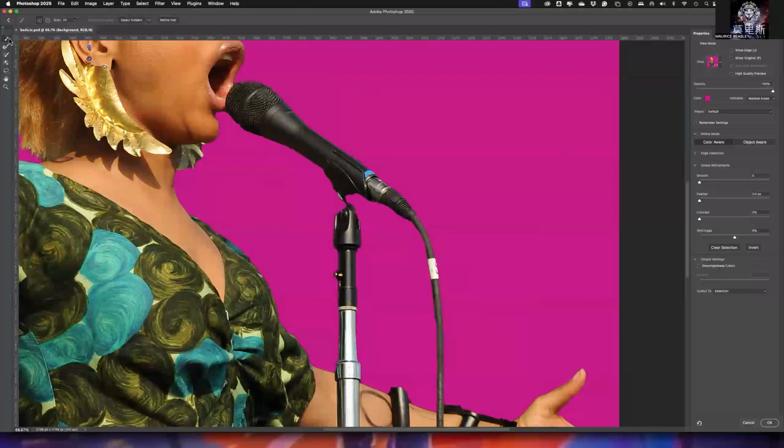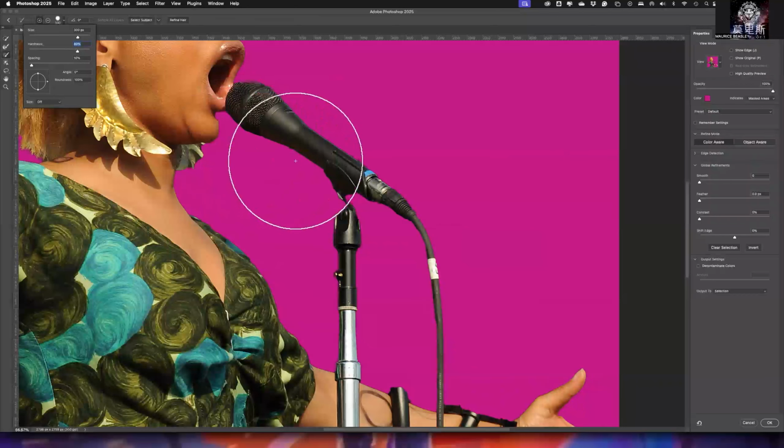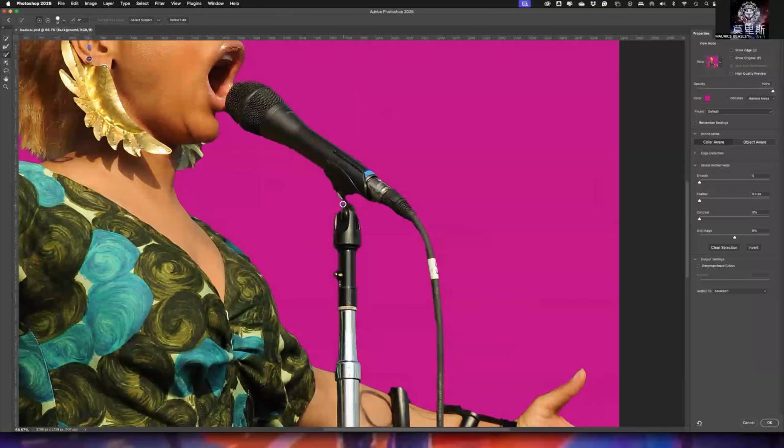Something else, two buttons down from that quick select tool, is a regular paintbrush tool. With this one, it's the same thing with the modifier buttons with the add and subtract. When it comes to the brush, you can choose a hardness of the brush, so you can make it fuzzy, soft and transitional, or make it a hard edge brush. Again, with the spacing, you could turn the spacing number down to like 10%, like I do. This way you get a little bit more of the brush being used a little more often. And then you can just start painting